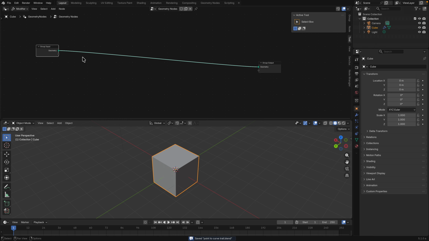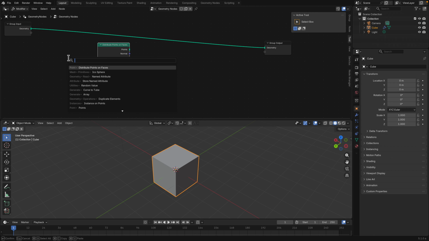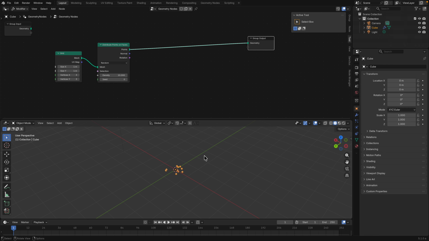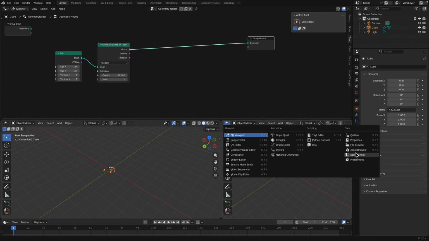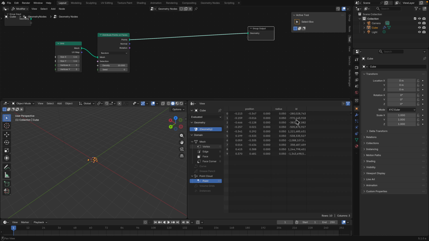We're gonna make a bunch of points, right? We can start with points on face. So distribute points on face is slightly different. I will have a plane, for example, grid, plug this there. So we have a bunch of points. If we look here under spreadsheet, we can see we have points and we have also this point ID. Point ID is generated procedurally,